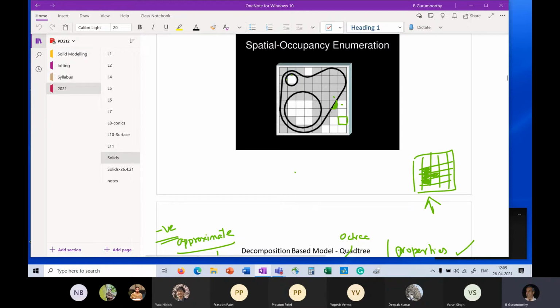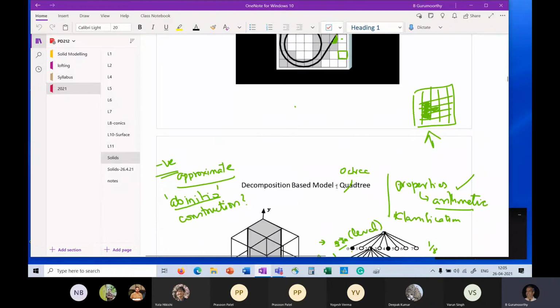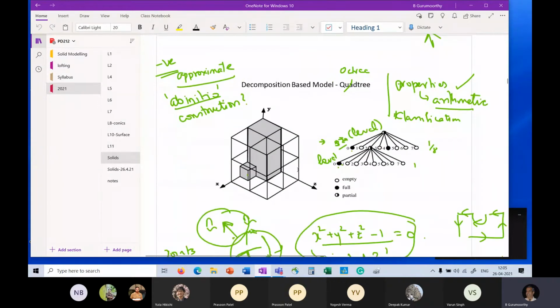And that's one representation. The other one is an adaptive version of that, where we don't start with a very fine grid of cells, but rather start with a large cube and keep dividing the cell only where we need it. Meaning that if my volume is occupying a complete cell, in this case 1/8 of a cube, then I won't subdivide it further, right? And therefore you get a slightly more concise representation. In this case, you have to only store 4 cells, of course, of 2 different sizes, right? And that makes it a little convenient in terms of storage.